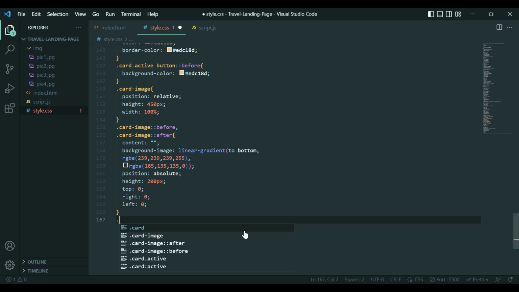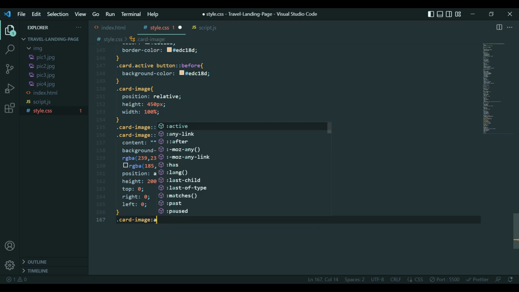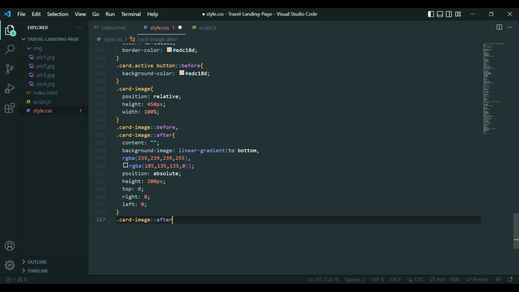Next, again say card image after, okay. Here I'm going to add background image, linear gradient, and I'm going to say to top. And simply what I'm going to do is we're going to paste all this, okay. So simply copy this,